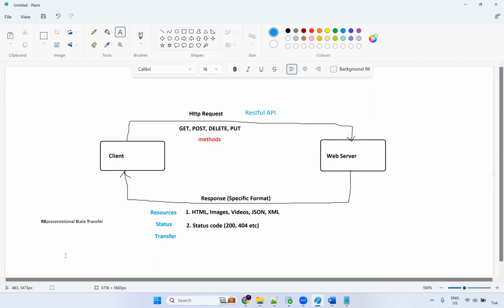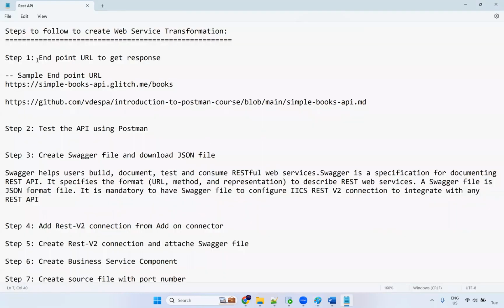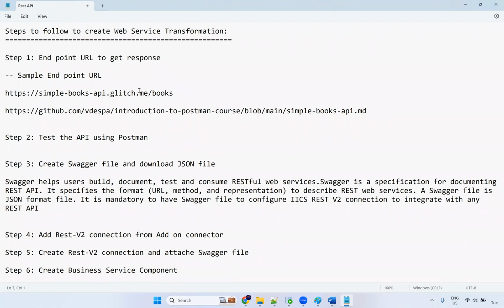So here I have MakeMyTrip. Here we have different airlines: Air India, Air Canada, or IndiGo. So these airlines need to send a response, right? So we need to get an endpoint URL to get the response from them. That URL you need to get in a real-time project. Yes, definitely we will get it. But here I'm going to use this particular